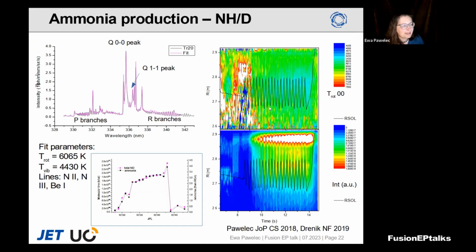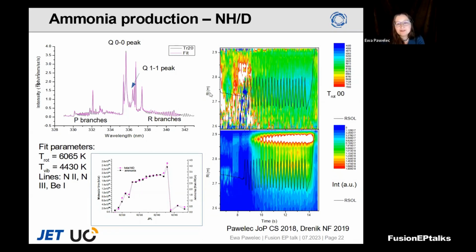the intensity of the molecular band was strongly dependent on what we have here, and also the temperature. Rotational temperature of such band was different close to the strike point and outside of the strike point. The study of the